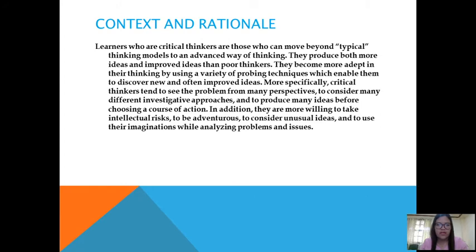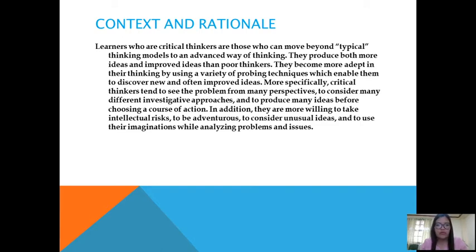Context and rationale. Learners who are critical thinkers are those who can move beyond typical thinking models to an advanced way of thinking. They produce both more ideas and improved ideas than poor thinkers. They become more adept in their thinking by using a variety of probing techniques which enable them to discover new